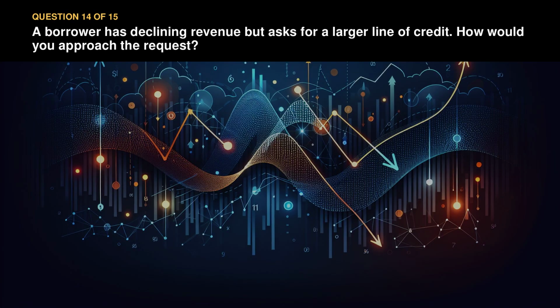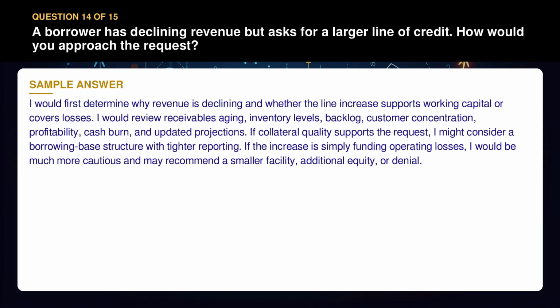Question 14. A borrower has declining revenue but asks for a larger line of credit. How would you approach the request? I would first determine why revenue is declining and whether the line increase supports working capital or covers losses. I would review receivables aging, inventory levels, backlog, customer concentration, profitability, cash burn, and updated projections. If collateral quality supports the request, I might consider a borrowing-based structure with tighter reporting. If the increase is simply funding operating losses, I would be much more cautious and may recommend a smaller facility,